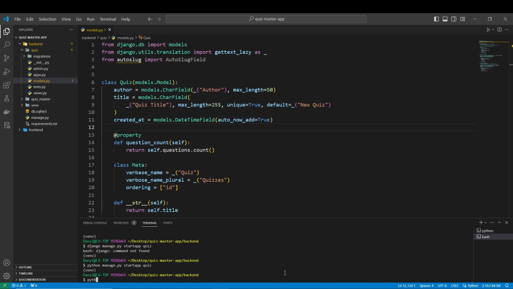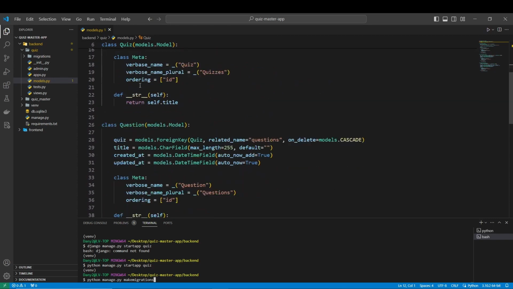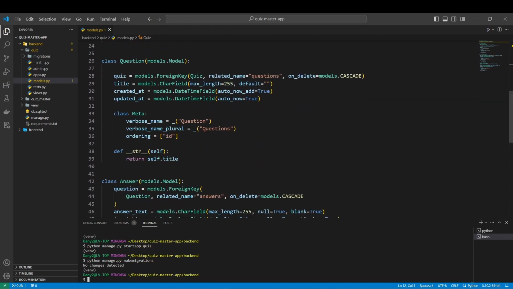Okay, so to do the migrations, we do python manage.py. First we do makemigrations to add these models. Okay, so now let's do migrate to actually apply the migrations, and if everything is correct,